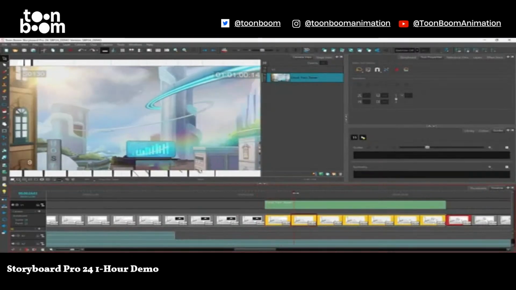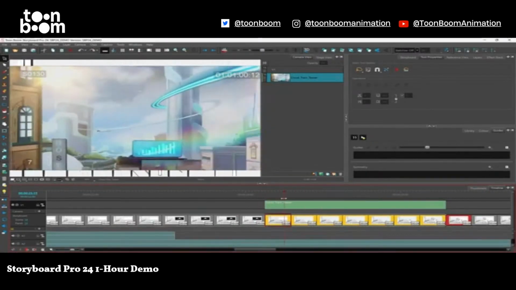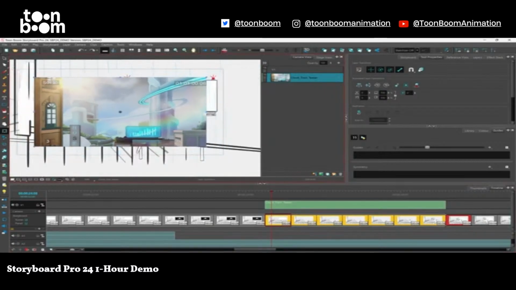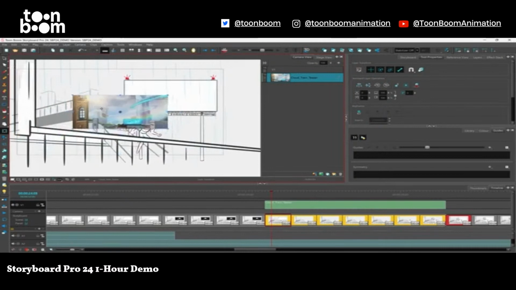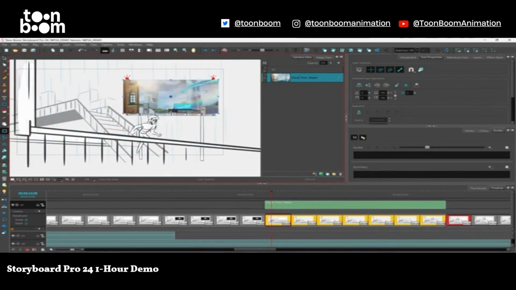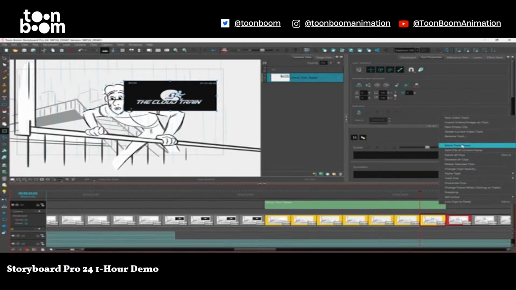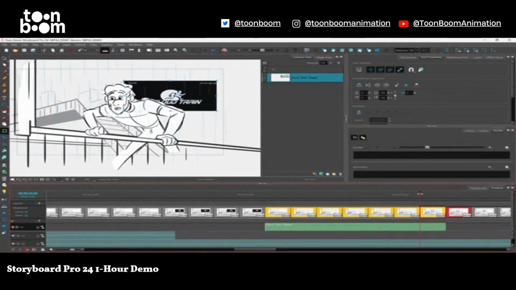If I scrub through my timeline, we can see that I need to first reposition and resize my video within my animatic. So I'm going to do so with the use of my layer transform tool, and with my video track selected and my video selected, I'm going to resize it to fit exactly on the billboard within the scene. Just like this. And if I scrub through even further, we can see that it actually sits above my character. So I need to right-click once again, choose Move Track Down,